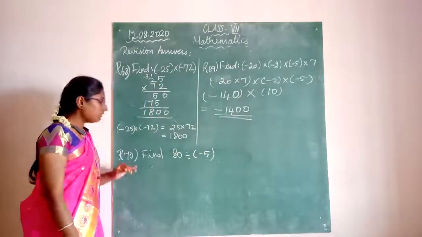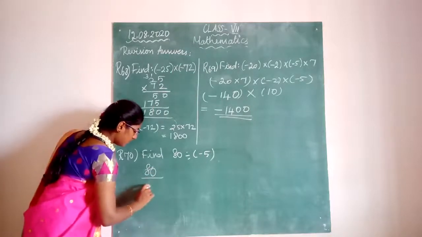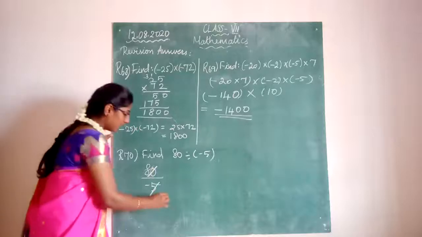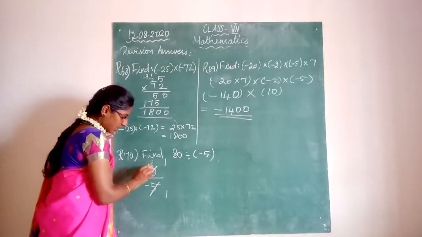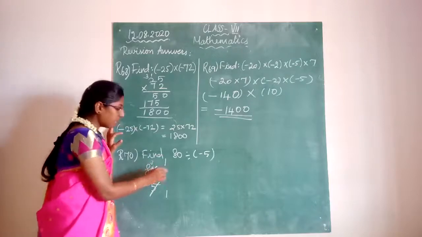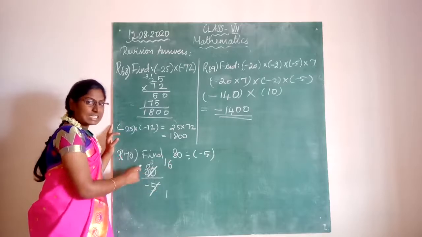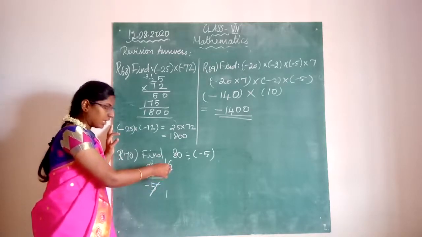Next, R70, find 80 divided by minus 5. So you will have 80 divided by minus 5. You can cancel 80 and 5 in 5 table. 5 ones are 5 and 5 ones are 5. 3 is remaining here. It will combine with the 0, 30, you will get. Okay, because 5 3s are 5 6 are 30, right? So this 30, instead of 30 you are writing 6 here after cancelling.